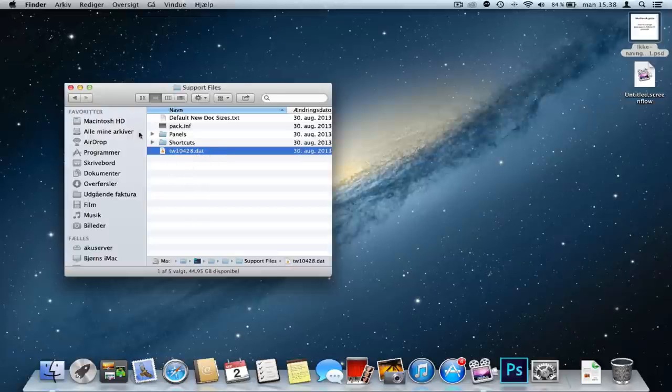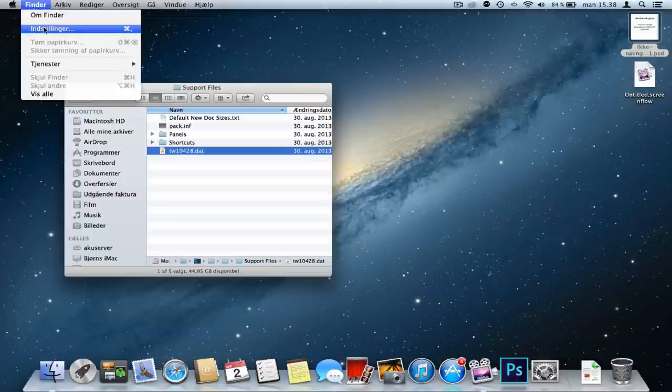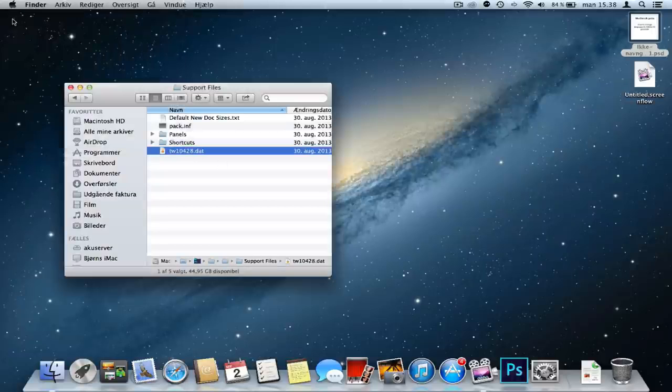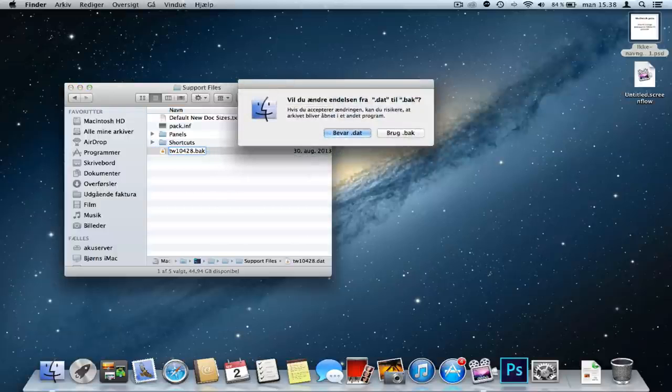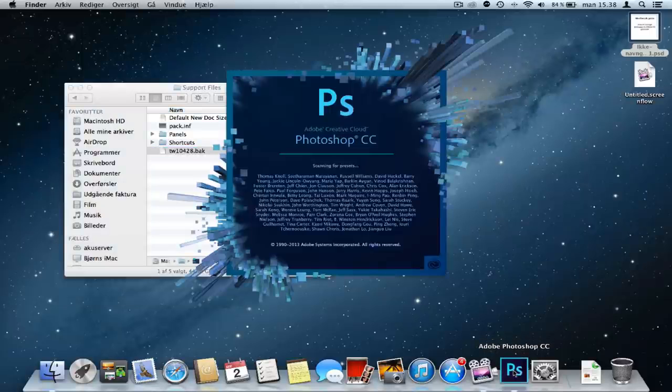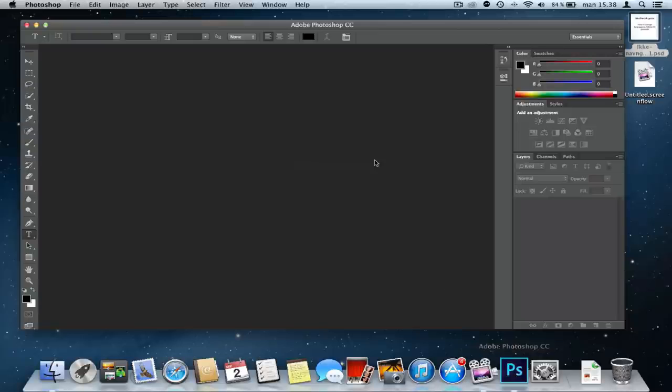But before I can do that, I'll go to Finder and Preferences, and I'm going to make sure this is ticked off so I can see all file names, file extensions. When that's ticked off, I can rename this by pressing Enter or Return, and I'm going to write BAK for backup, whatever. I'm going to use that, and when I'm opening Photoshop now, it's going to all be in English